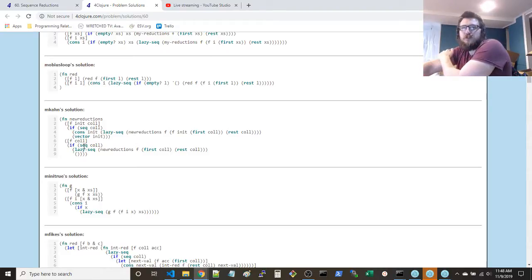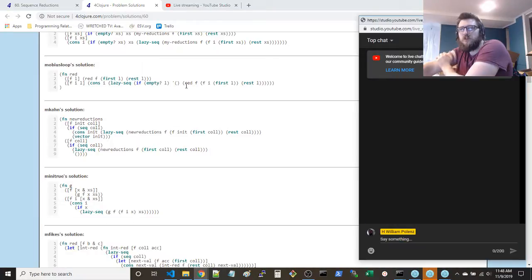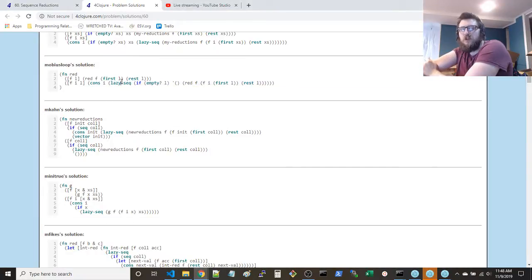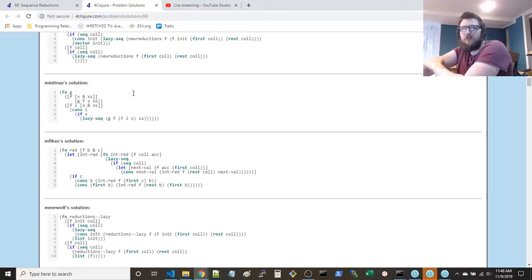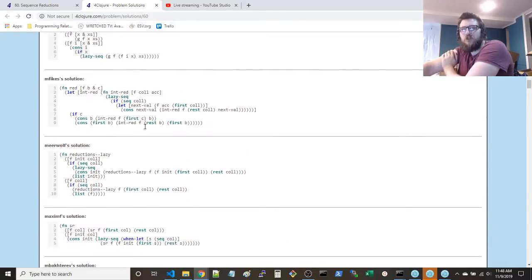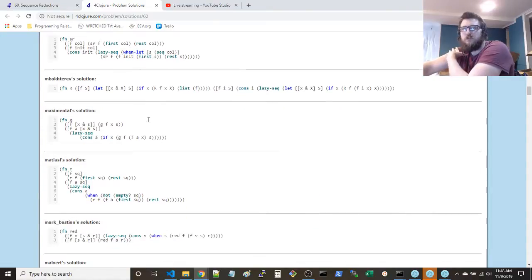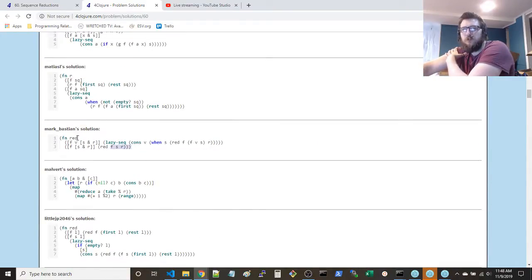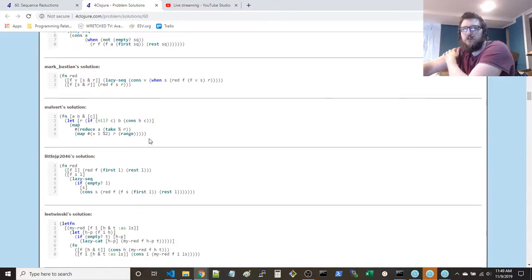Cons of lazy sequence could be lazy sequence of cons, apparently. So I did lazy sequence first. Not sure if it really matters if there's much of a difference. I don't think so. Okay, looks like the solution I came up with is more or less the way to do it.